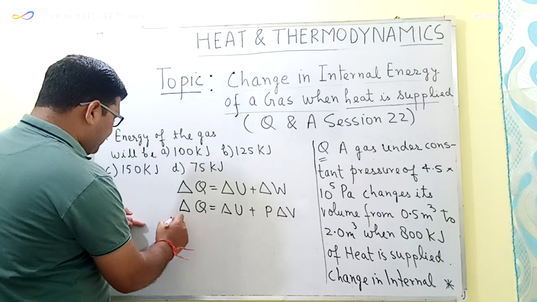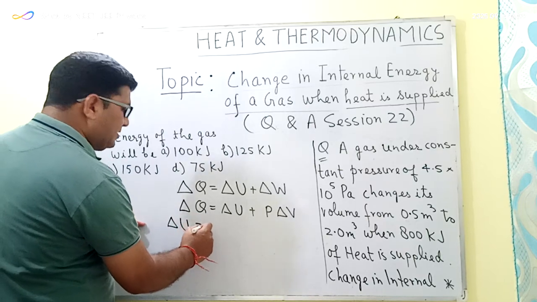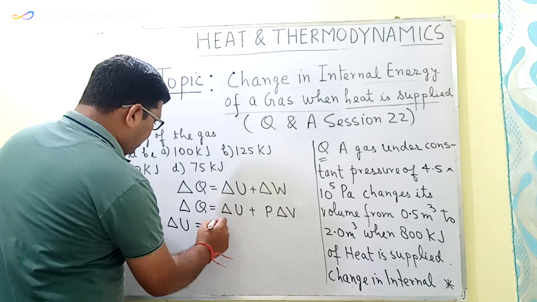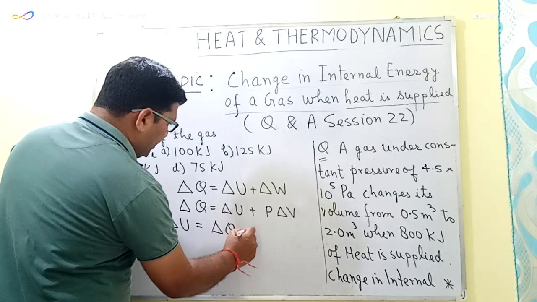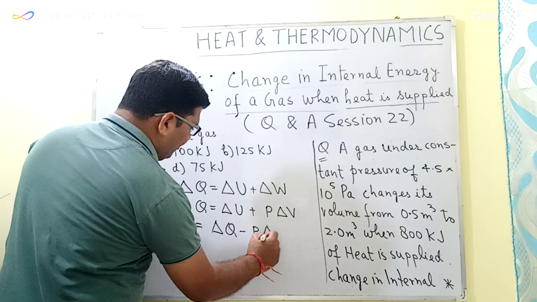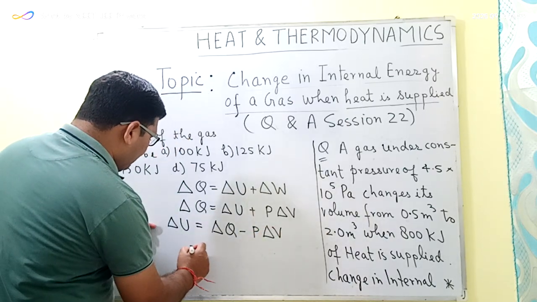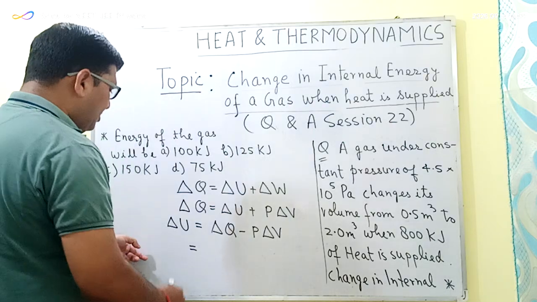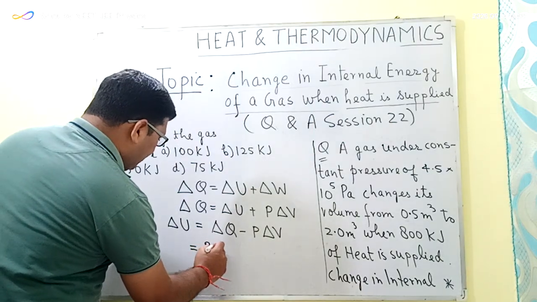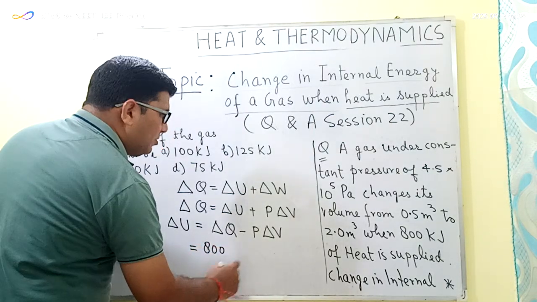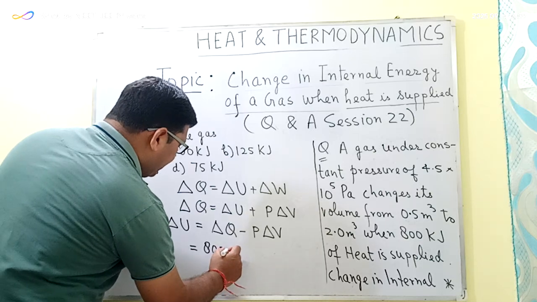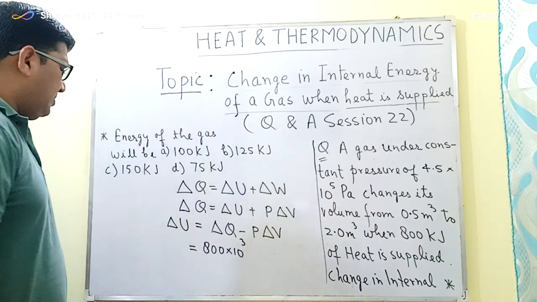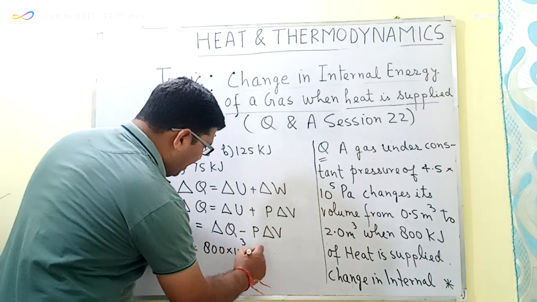So from here, delta U, the change in the internal energy of this gas, will be equal to delta Q minus P delta V. Now delta Q is already given to us, that is, the amount of heat supplied is 800 kilojoules. Since this is in kilojoules, I will convert it into joules. So this is equal to 800 into 10 to the power 3 joules, minus